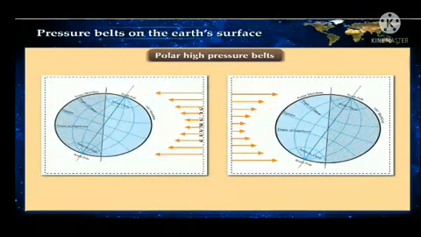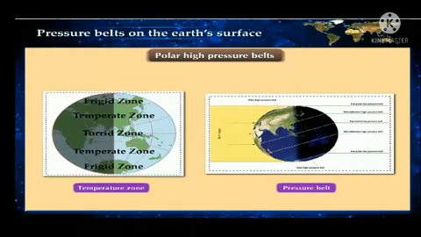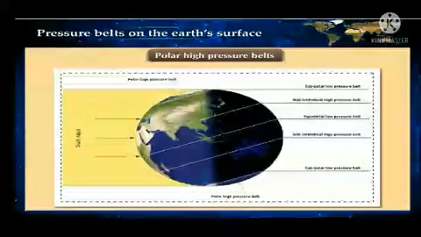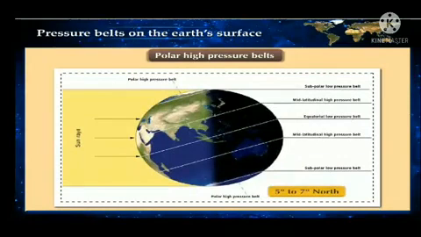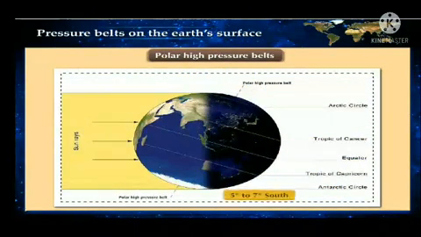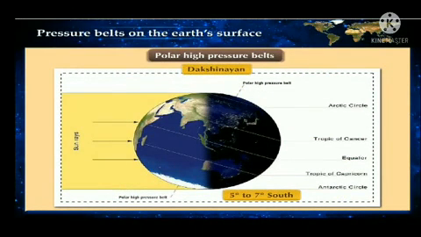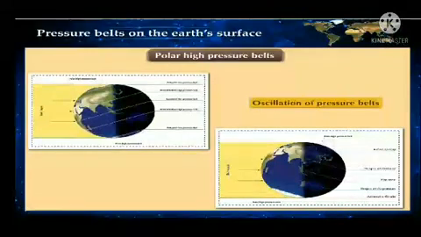The duration and the intensity of sun rays vary during particular periods of the year in both the hemispheres. As a result, the locations of the temperature zones and pressure belts, which depend on the sun's heat, also vary. This change is of the order of 5 degree to 7 degree north in Uttarayan and 5 degree to 7 degree south in Dakshinayan. This is called the oscillation of pressure belts.